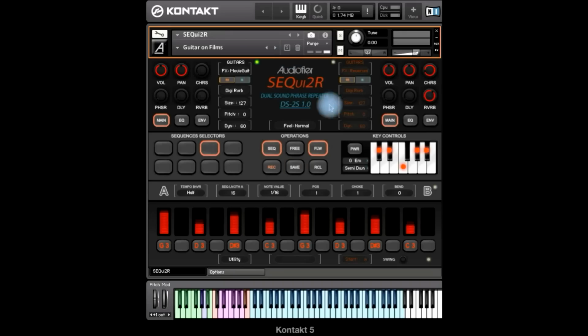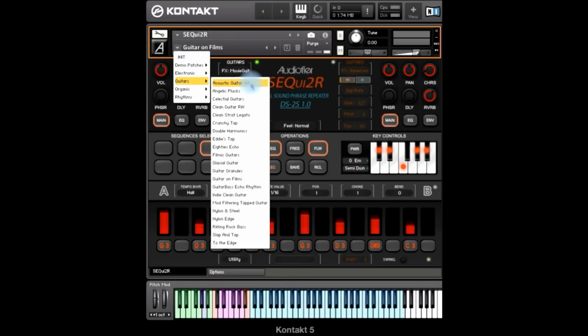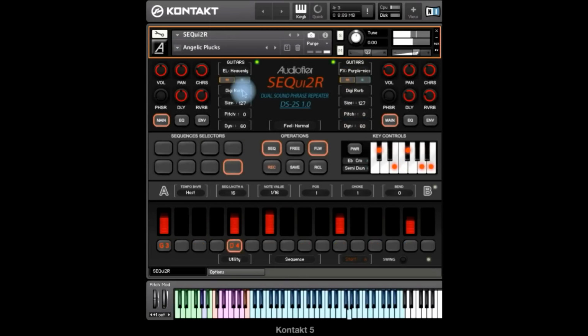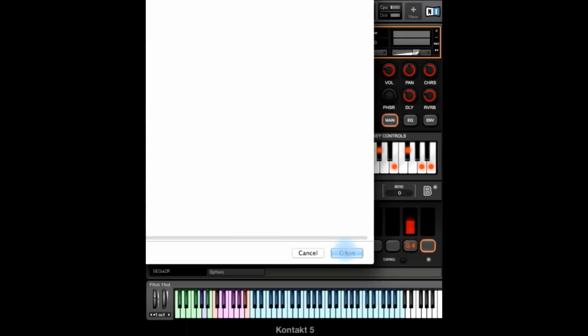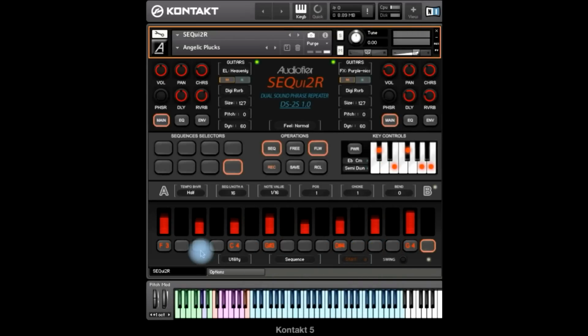Save it. And then maybe the following day, I'm working on this sound. Now suddenly I remember, oh, I wish I could have exactly the same pattern I had yesterday. Wait a second, I actually exported it. So the tempo behavior on this patch is host, while if you remember, the one on guitar on film was on half. So let's just set this the way it is in the other patch. Go to utility menu, import, and then we'll find the pattern that we saved yesterday. Open, and then all of a sudden,